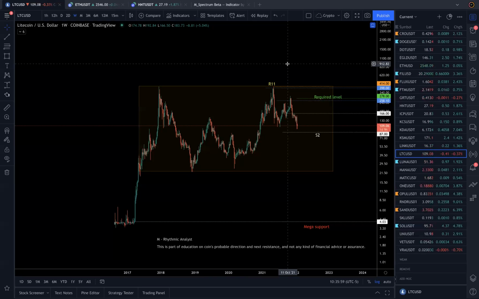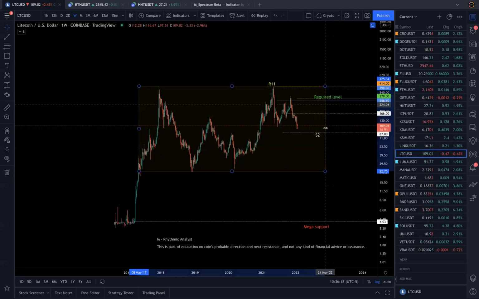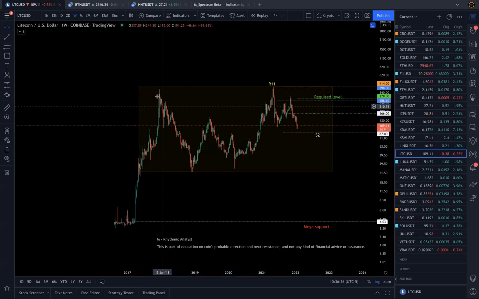Litecoin price-wise did nothing much last year. It had an amazing bull run previously. So to me, what if this is consolidation? What if this is consolidation of 4 years? I added this box for a reason. Again, seeing is believing, so I'm not going to accept unless I see the price action. But technically, this is the upper bound, this is the lower bound, this is the retracement. And if it shoots up from here, this is breaking 4 years of consolidation,